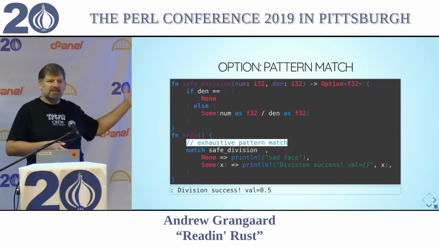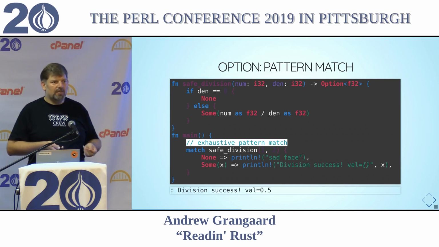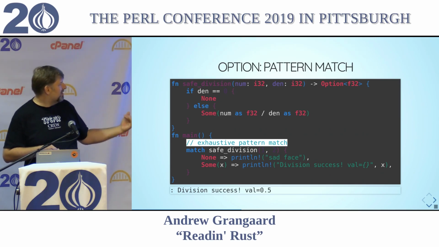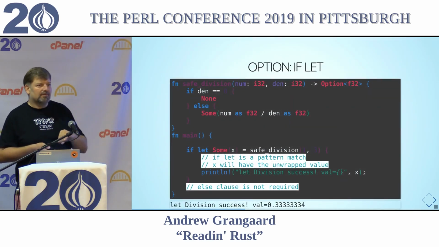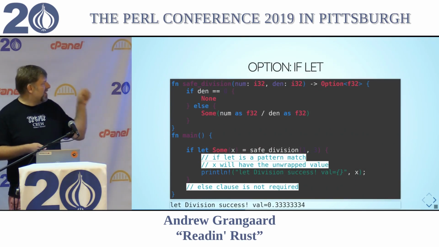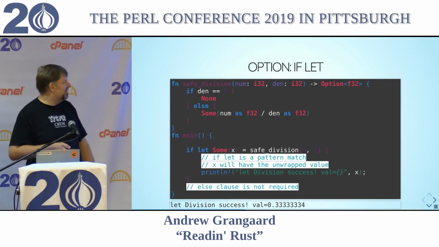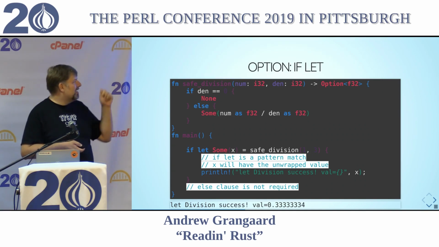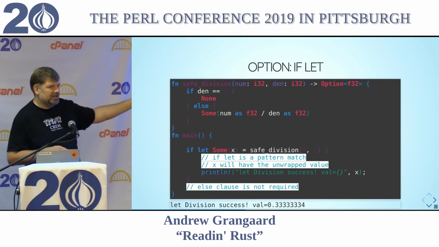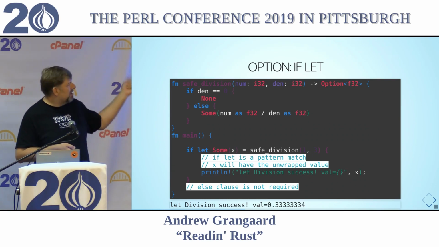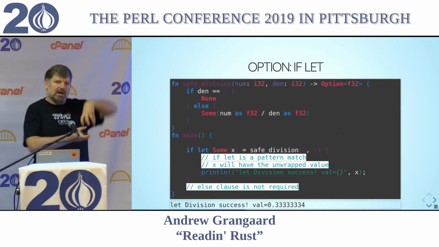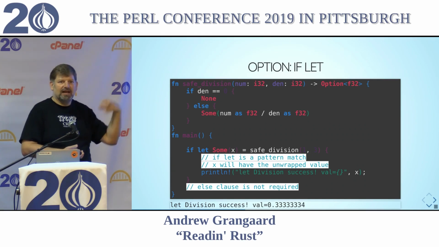It's very nice, especially if you are definitely handling all of the two paths differently. So you can do a match. Some people don't like the match. So there's if let. So if let sum x equals safe division of whatever the division was. So this is read as: run safe division, get me that type back, and run a pattern match on it. And if the pattern matches this pattern, sum x, then continue, having let an x equal the value that was inside that type. So it unboxes the type and takes your real value out of the option type.